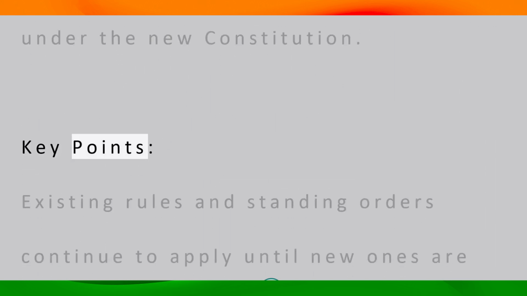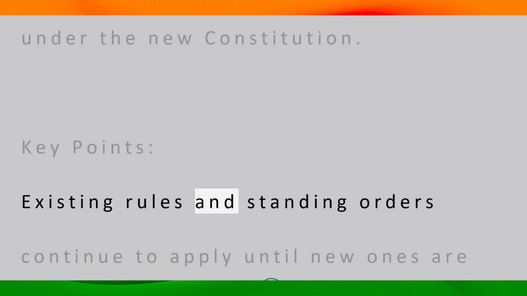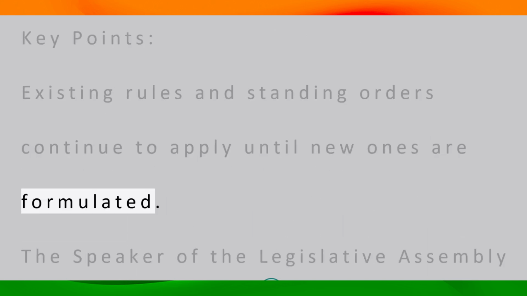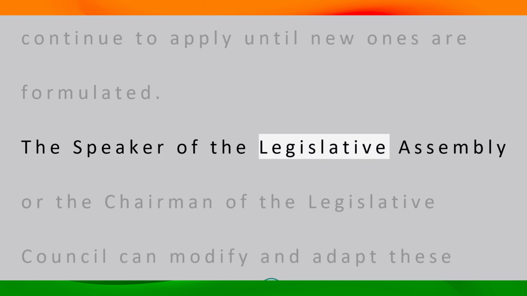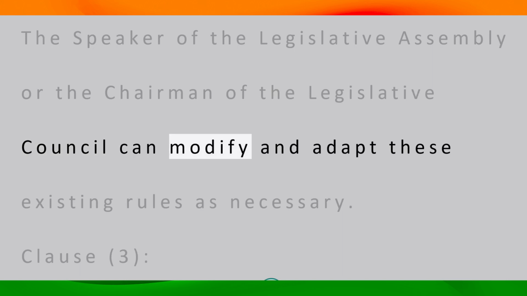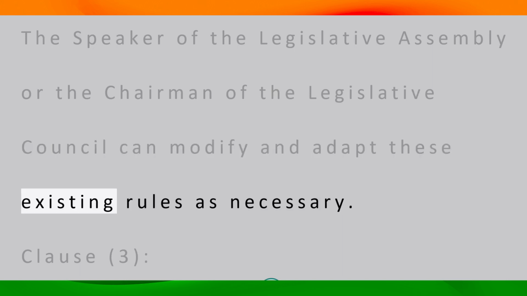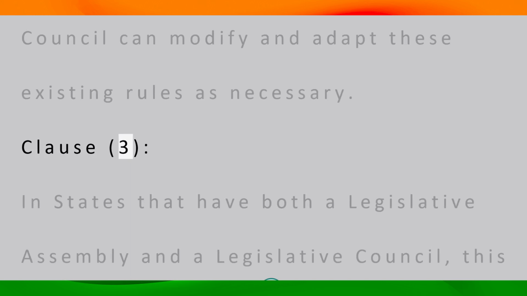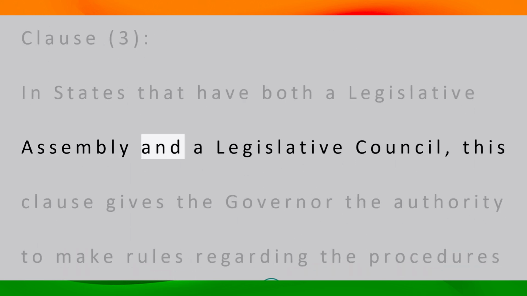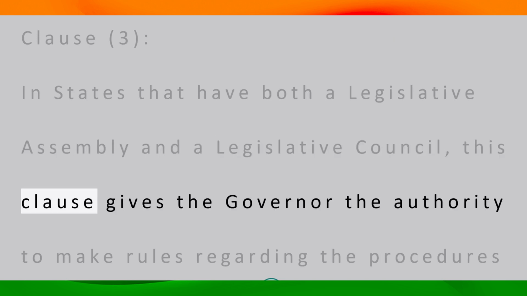Key points. Existing rules and standing orders continue to apply until new ones are formulated. The Speaker of the Legislative Assembly or the Chairman of the Legislative Council can modify and adapt these existing rules as necessary. Clause 3. In states that have both a Legislative Assembly and a Legislative Council, this clause gives the